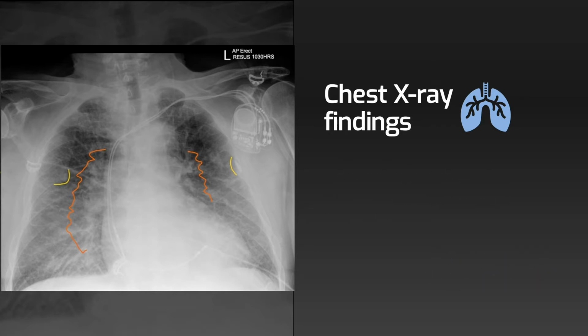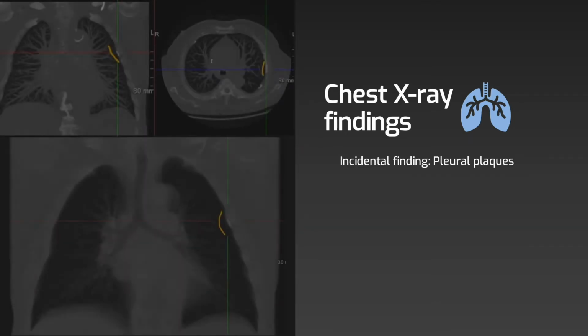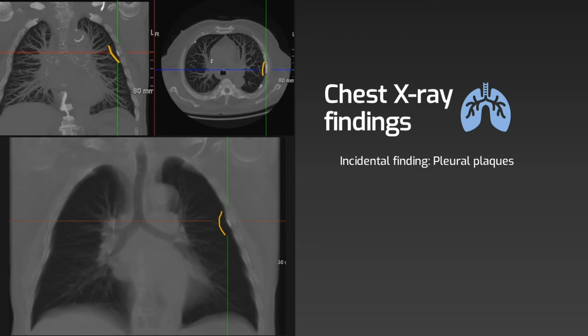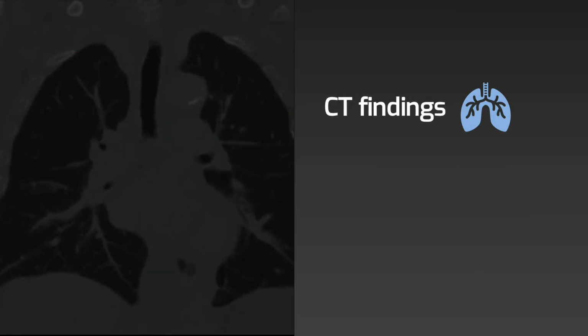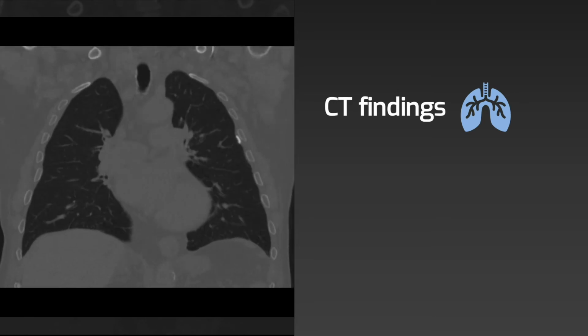Note that this patient also has small incidental pleural plaques, which are different from the features of pulmonary edema. Here is the corresponding CT. It is very visible as it is quite bright and sharp in density due to the large amount of plaques along the chest wall. Now, if we go to the coronal images of this CT, we can see what structures are